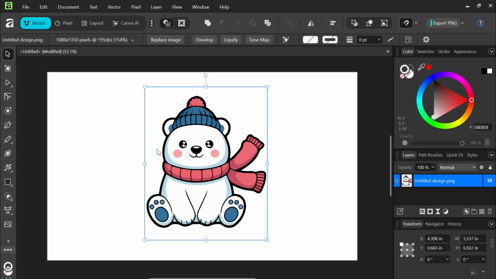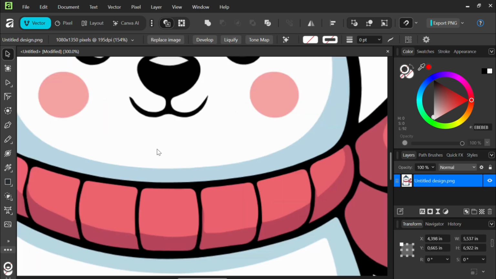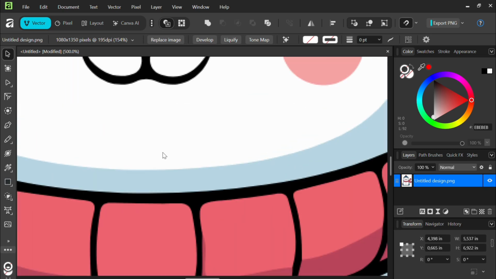And then next, if you zoom in, you will notice the pixelated edges of the PNG like this. You will notice the pixelated edges like this. And with the image selected,